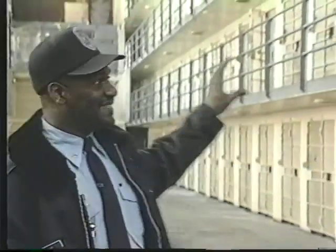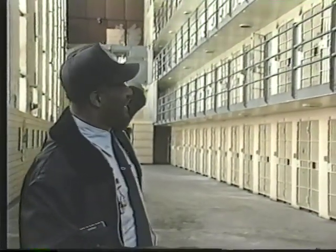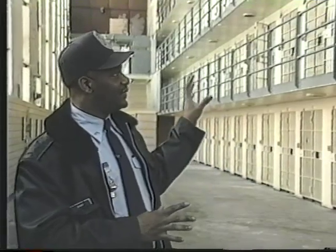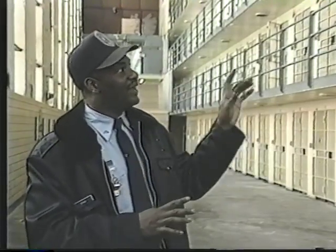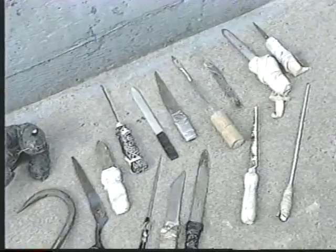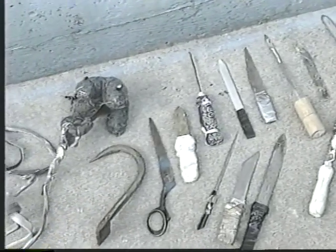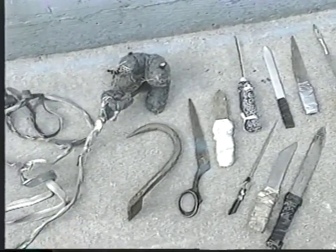Around the corners, where you cannot be seen by the officer up in the cage, was where a lot of incidents would take place. So the inmates wouldn't stay around the corner very long, so they couldn't be seen. They would hurry around the stairs so they could be in vision of the officer at all times, especially if he had an inmate. As we saw some of the weapons that were made by inmates, inmates are very smart,